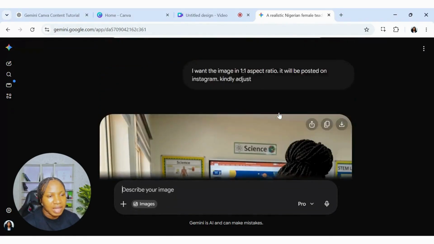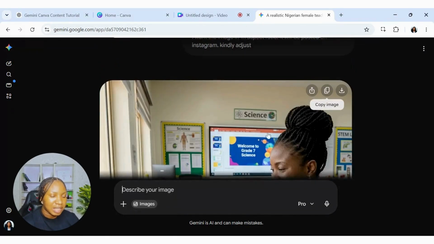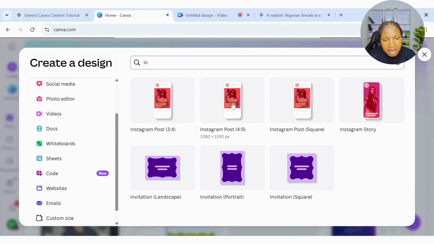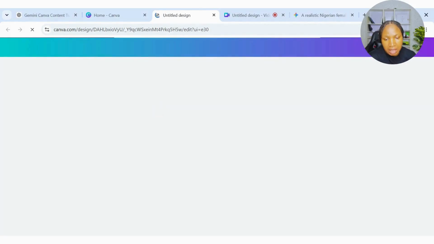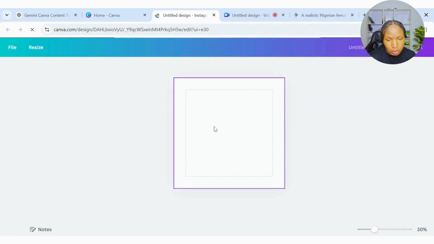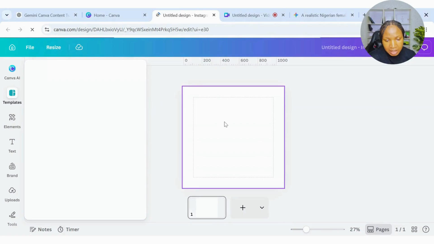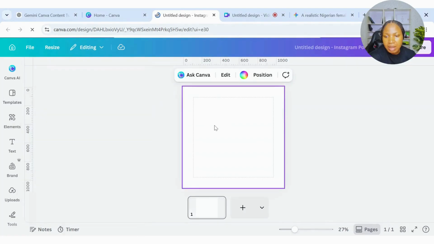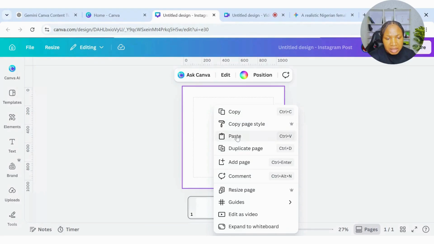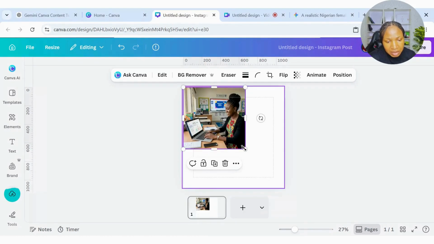All right, we have an image. So now I'm going to import this image into Canva. So I'll just go ahead and copy this here and then take it to Canva. So right here in Canva, I'll select my blank Instagram square because the image I generated is in a one-to-one aspect ratio, so it should fit this perfectly. So I'll paste my image